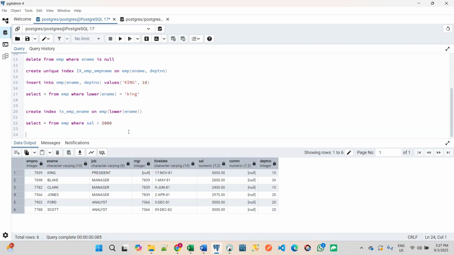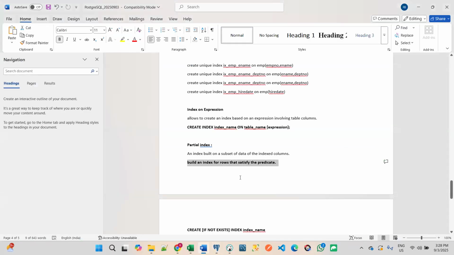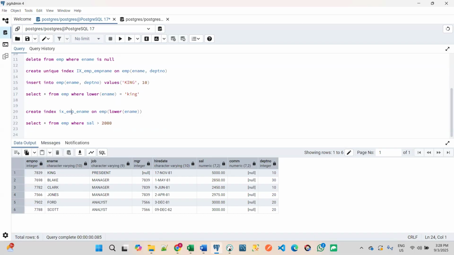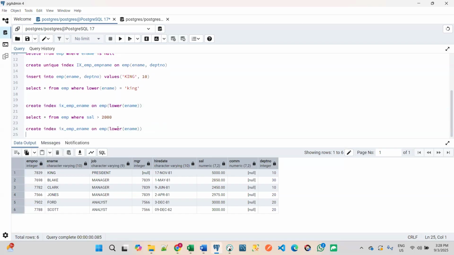If the table is having a huge number of records, then we can create that partial kind of index. Like, take this index query, create index. Here salary, so index name salary,